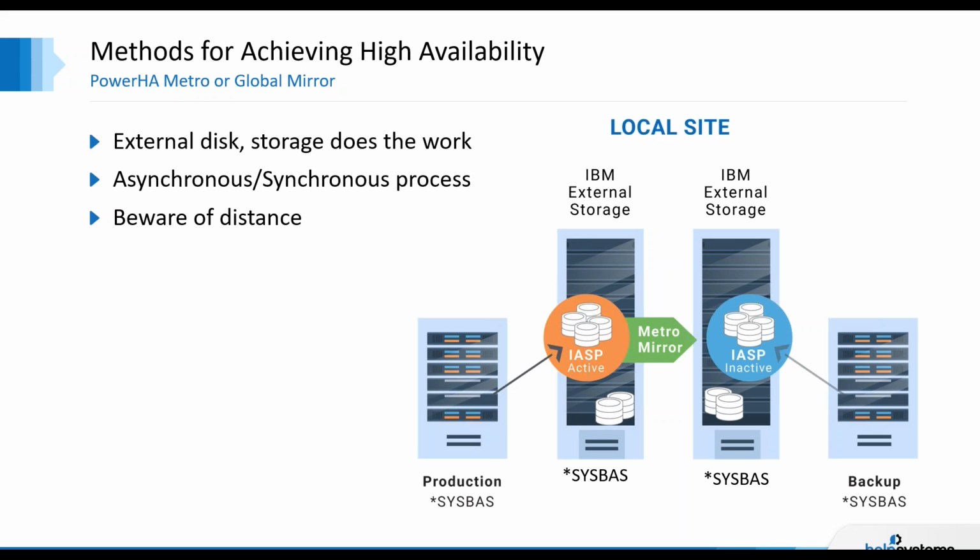Power HA, this too is not new technology. Products like Robot HA have been around for 3 decades. Power HA has been around for a full decade. This uses SAN storage or internal storage to do replication of your data at the disk level. And so what you do here is you isolate your business data into what we call an independent auxiliary storage pool, and then we're replicating real-time the disk sector by sector to the other IASP that's not active.